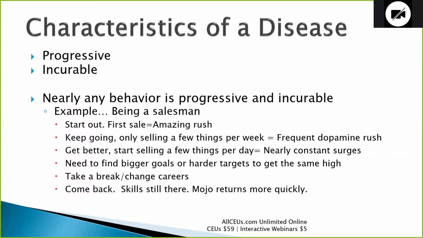So let's say at a certain point, you're worn out, you're burned out, you've been doing this for so long, and you're just not getting the rush from it anymore. The dopamine system is exhausted. So you take a break, change careers. 10 years later, you decide you really miss it, and you come back. So this is sort of the equivalent of recovery and relapse. So the person comes back. The skills that they had are still there. What they used to do is still there. What used to work is still there.